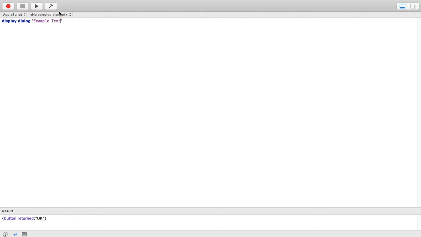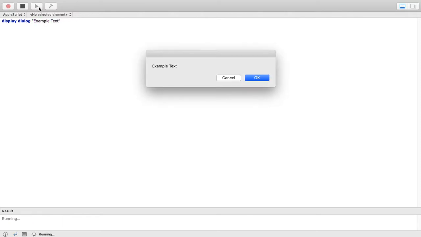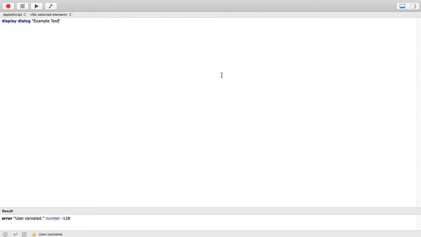So, just do example text. It will show up as example text. Now, if you want different buttons, don't worry, you can do different buttons. So, on the next thing,